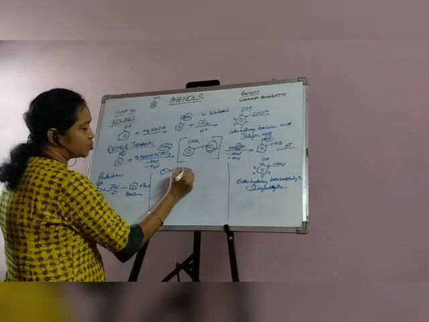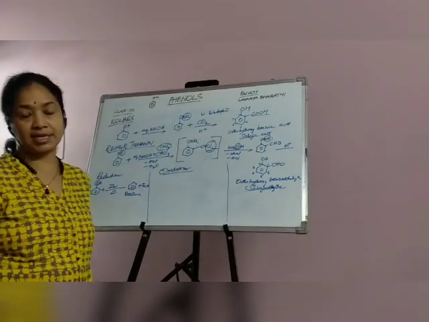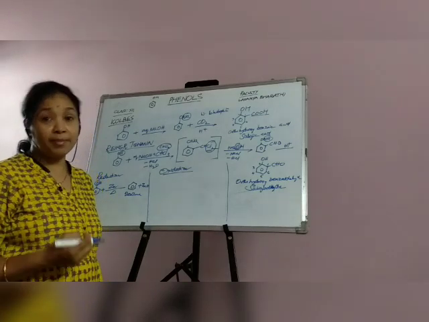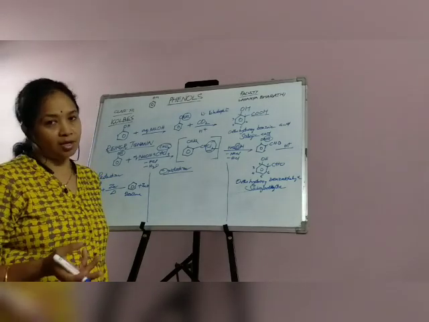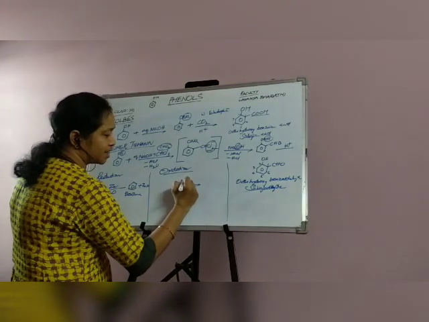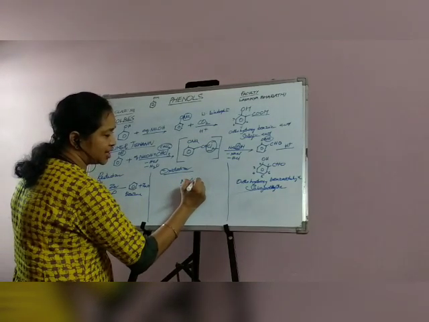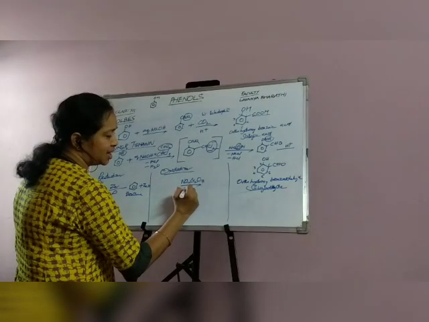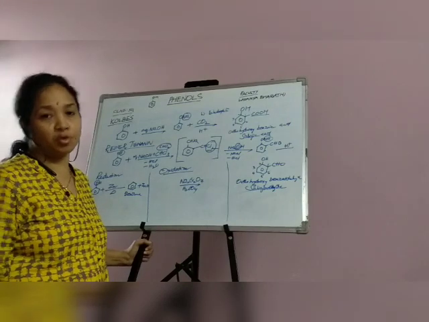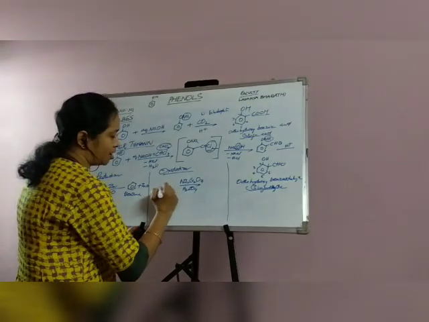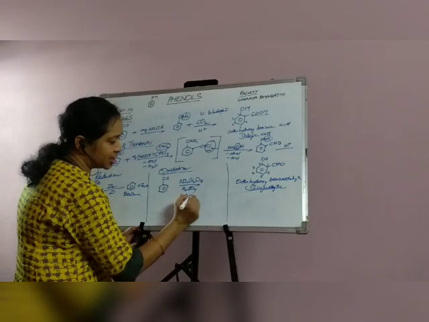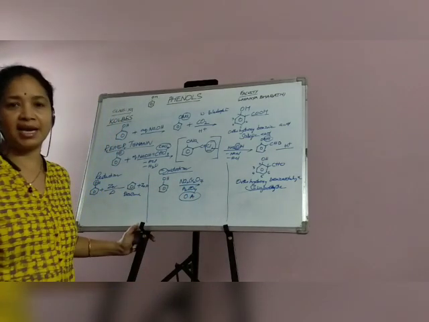Oxidation. What happens when phenol is oxidized? Here, we are taking a reagent like chromic acid. Sodium dichromate in sulfuric acid is the reagent. You know about sodium dichromate, Na2Cr2O7, in sulfuric acid, H2SO4. We call that reagent chromic acid. Now when phenol is treated with an oxidizing agent, remember this is an oxidizing agent,